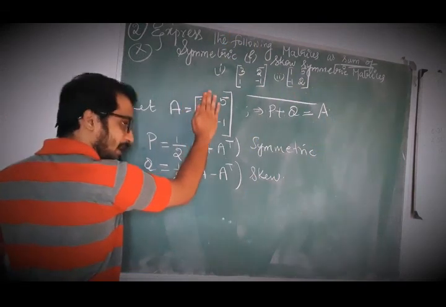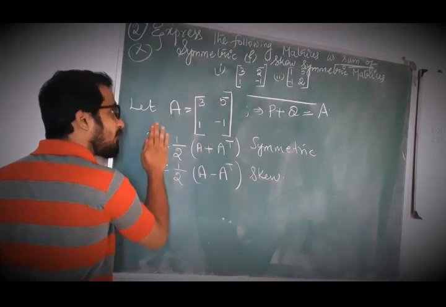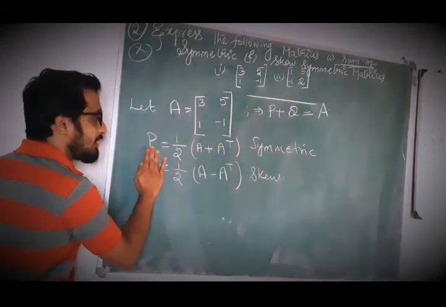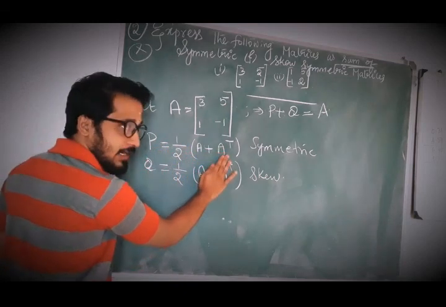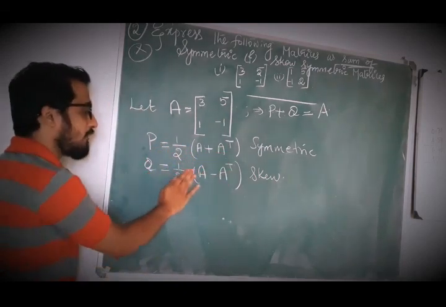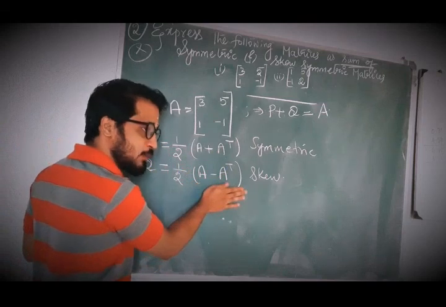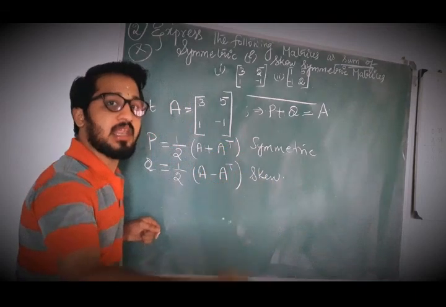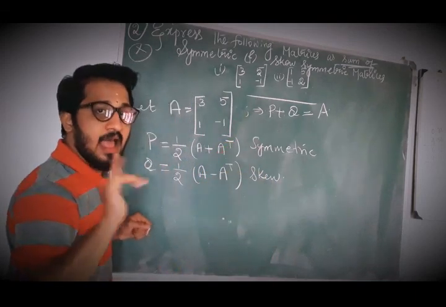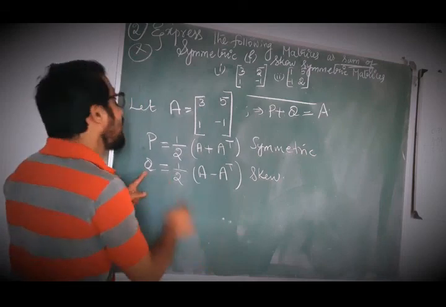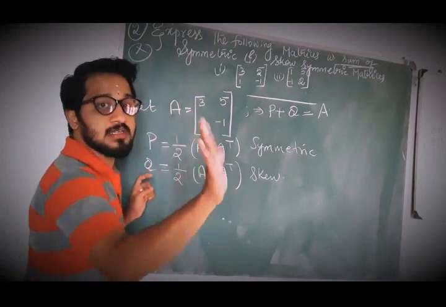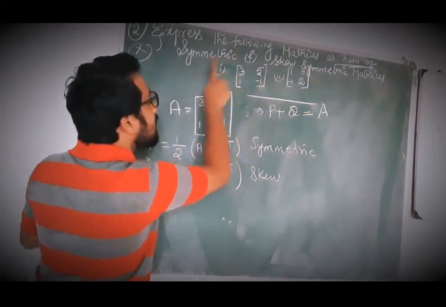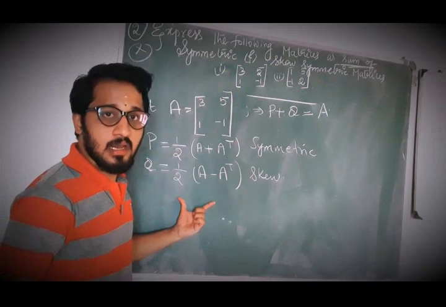First you have one matrix given, A. Then as per our theory, for the sum of symmetric and skew symmetric, for symmetric P is equal to half into A plus A transpose, and for skew symmetric Q is equal to half into A minus A transpose. We are finding symmetric and skew symmetric, keep it aside. After finding them, add those two matrices. After adding, if you are getting A, then that expression is correct. You should get A. That's what they ask. Is it clear? Concept clear?